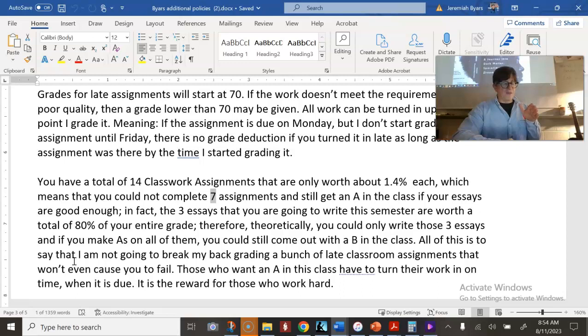So if 3 o'clock comes and you check the grade book and you don't have a 0 for an assignment that you haven't turned in yet, then know that you have until the next day, until I start maybe grading again, to be able to get that thing turned in. So I'm flexible with you in the times in which I'm not grading work.